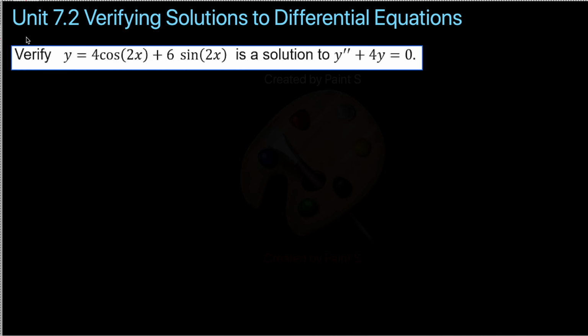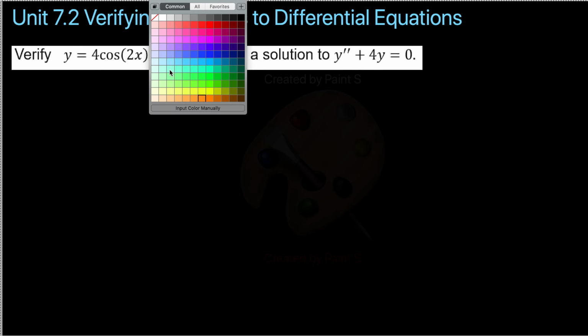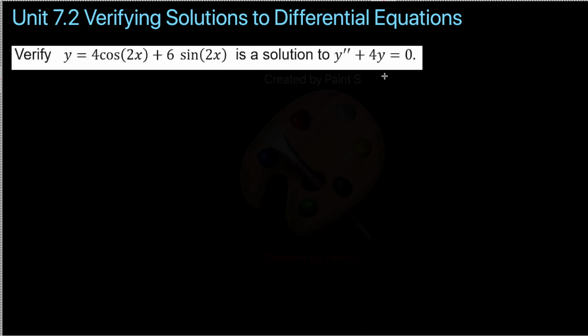We're going to start up on Unit 7.2, which is verifying solutions to differential equations, which is exactly what we're going to be doing. To start off with this, I'm just going to go right into an example. So what does it mean to verify a solution for a differential equation? What we have over here on the right is a differential equation, this here, right? This y double prime plus 4y equals 0 is a differential equation,